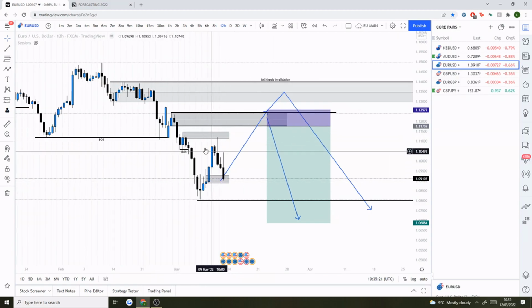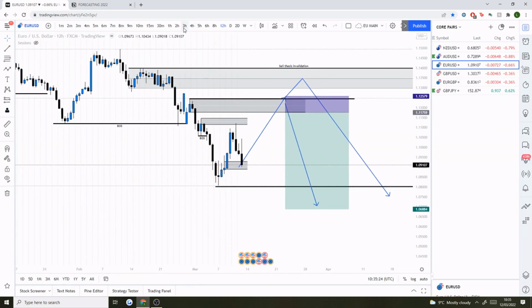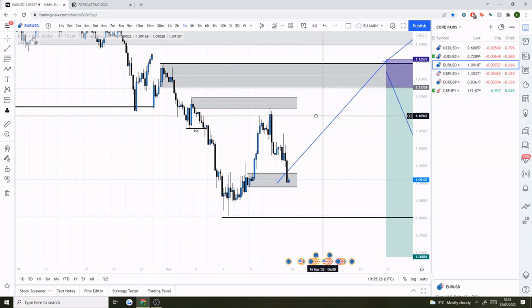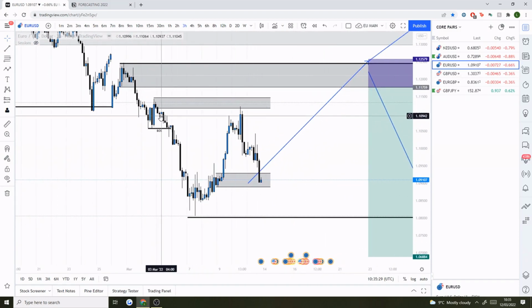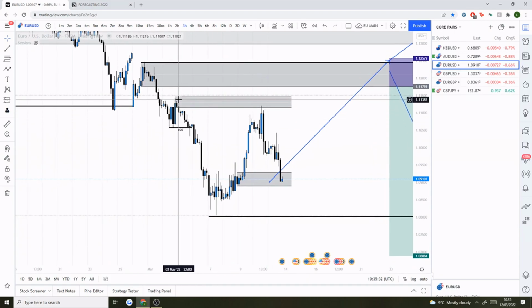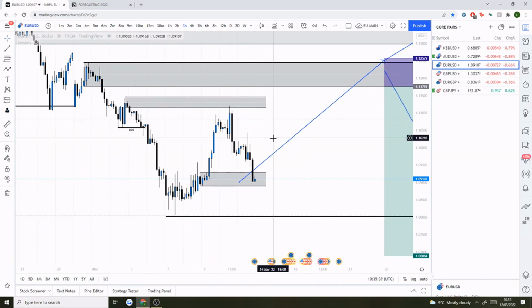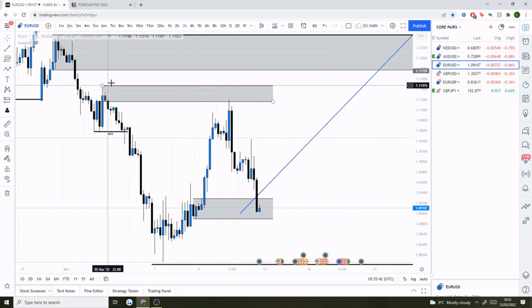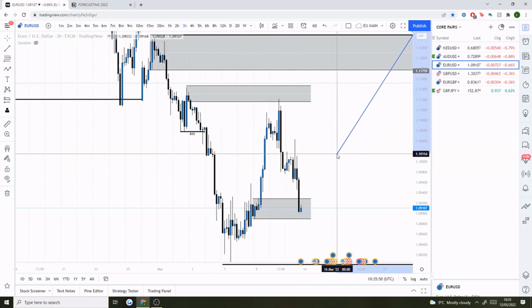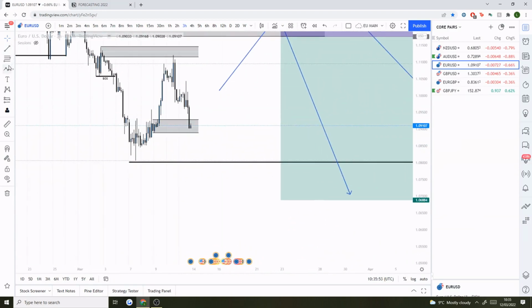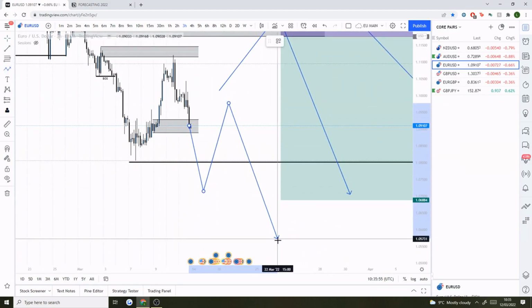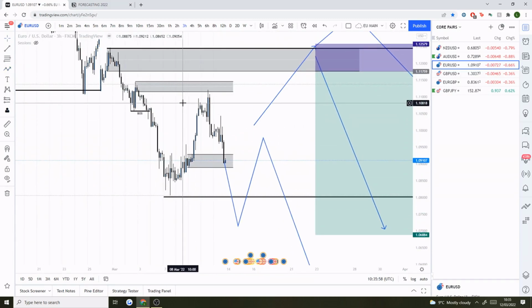Now, what's also clear that I'm aware of is what's currently happening is we're actually reacting off this 3-hour supply zone here. So we had this 3-hour order block, so this candle here, which caused that whole move down, and then we've got this refinement with imbalance. Now, price is actually reacting off this order block pretty cleanly, and it's come straight out of here to then start to move down. So for me, it's possible that price is just going to continue impulsively now to then form new structures away from this order block.